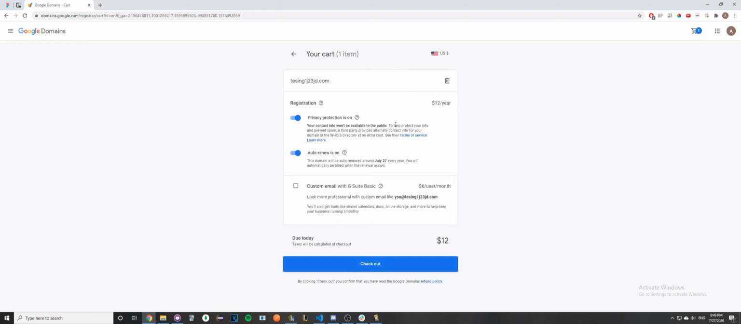And once you get to this page, you'll see a couple different options. The very first option is a privacy protection feature that Google Domains offers for free. And basically, it'll just help protect your identity from people who try to look up who purchased the domain that you're trying to buy. So yeah, I would highly recommend it as it's a free feature that Google Domains